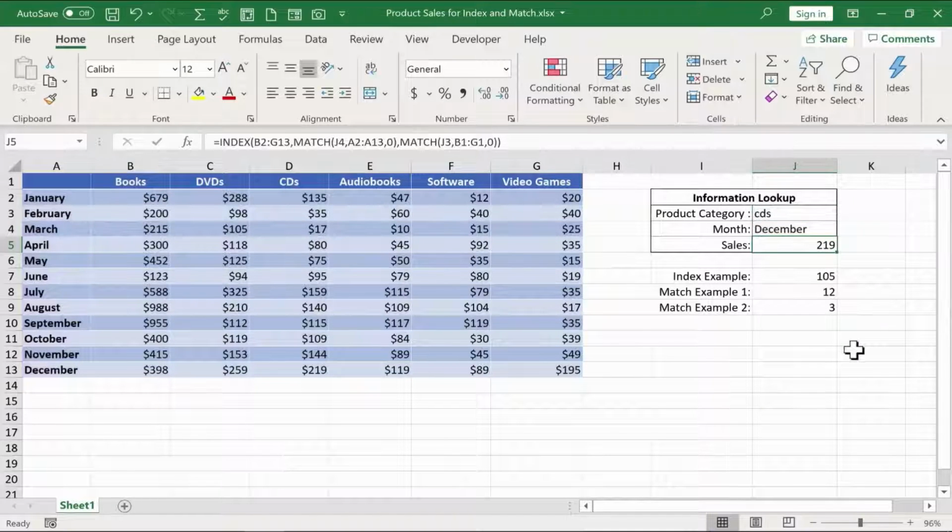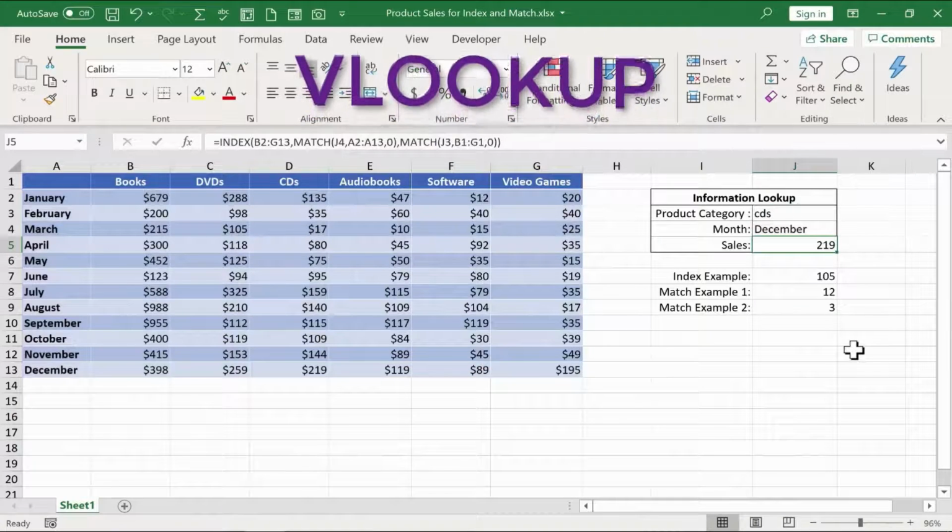Now, some of you probably know that you can do similar things with VLOOKUP, and if you haven't already, you should definitely